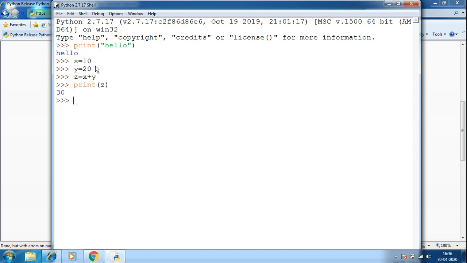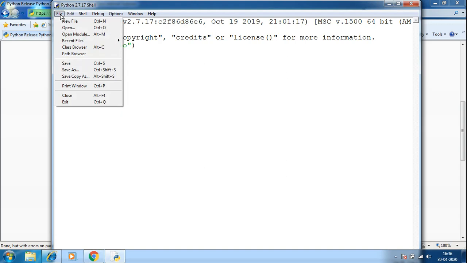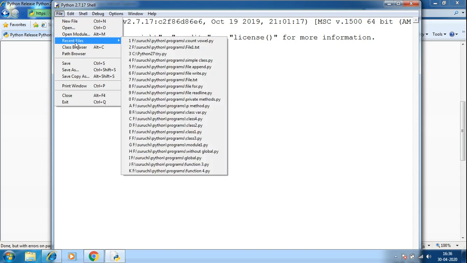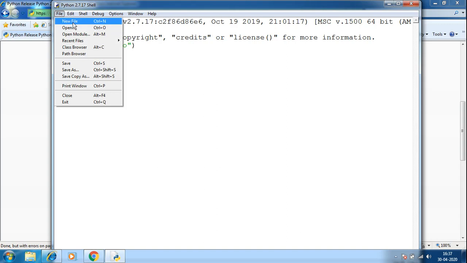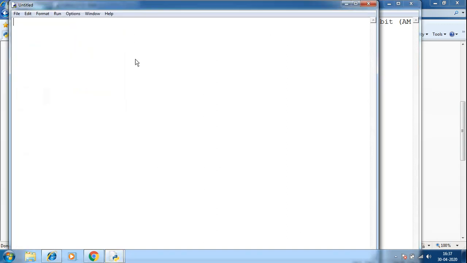So to create a Python file, you need to go to File, and you can create a new file by pressing Ctrl N or clicking New File, or if the file already exists you can open it over here or use recent files to open recently used Python files. So let us create a new Python file.